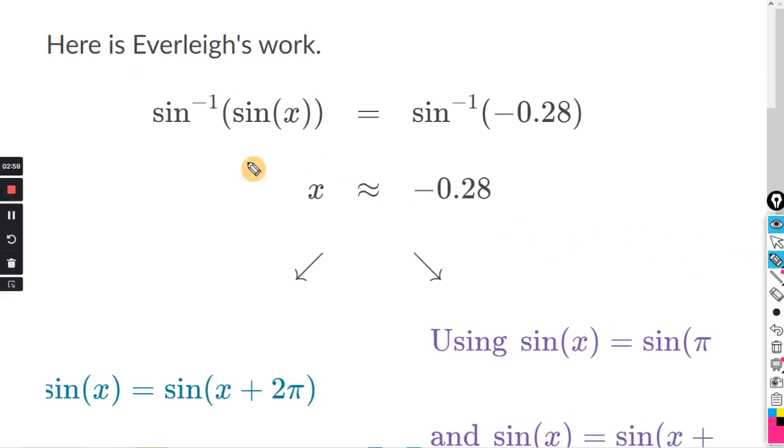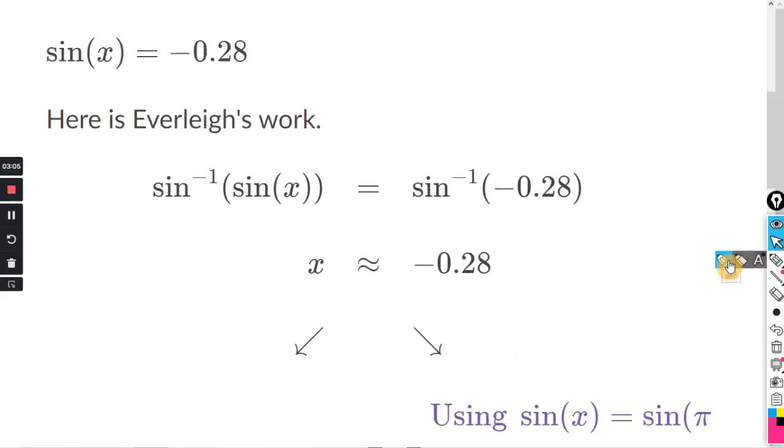All right, so they said this was in radians. All right, and they gave us that the sine of x is negative 0.28. So in order to get x, that's what we're looking to get, in order to get x, we need to do the inverse sine on both sides. So it's going to be the inverse sine